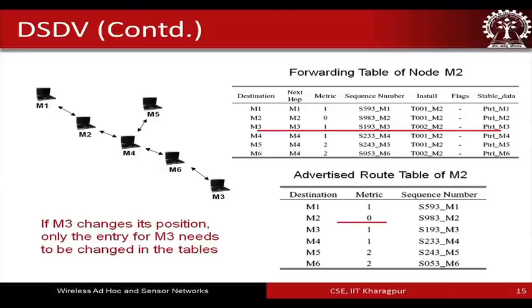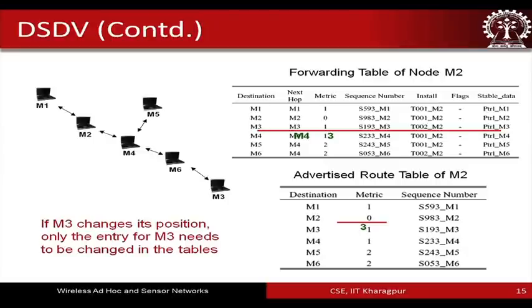Now, in this present scenario, the updated information will show you that if you want to send a packet from M2 to node M3, then the next hop is M4, not M3 like before, and the number of hops is how many? 1, 2 and 3. So, this becomes the revised routing table,